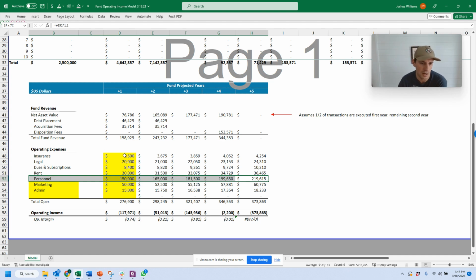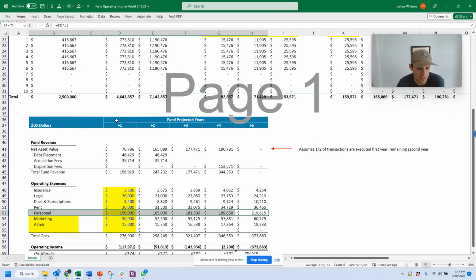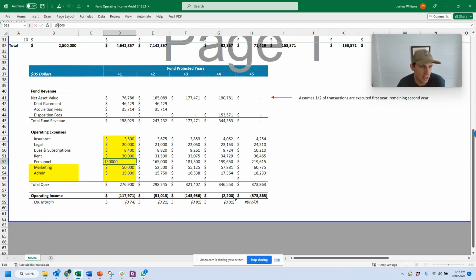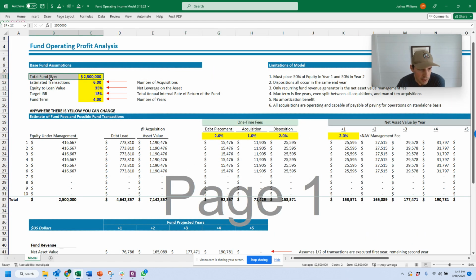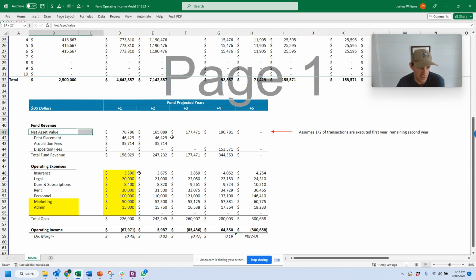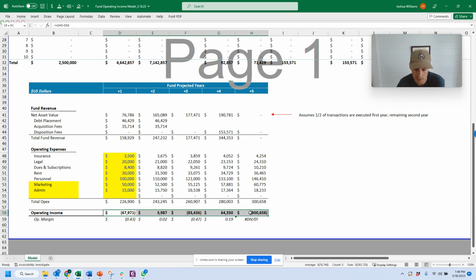And then you can see here, a smaller fund really only makes sense for one person because of the size. Not saying that a $2.5 million fund won't yield more revenue. This is just based off of net asset value. If we have other revenue drivers in there, this revenue number is going to increase and your operating income is going to increase. But overall, let's see, this shouldn't be here because you're selling in year 4. So overall, this, for example, is